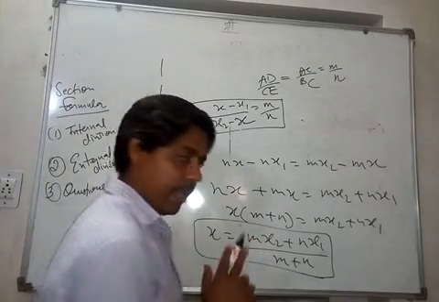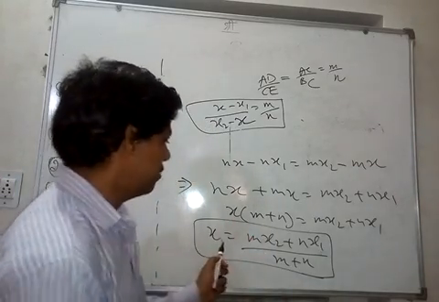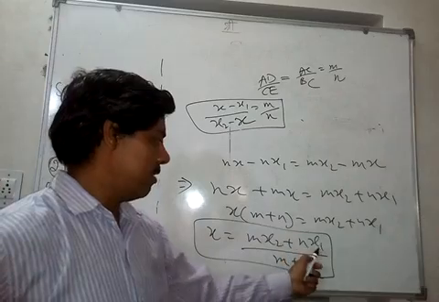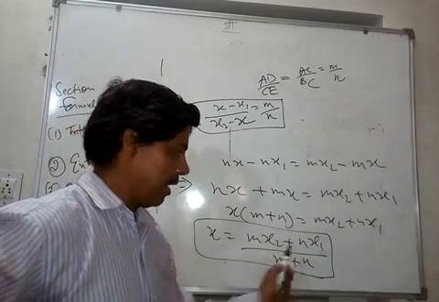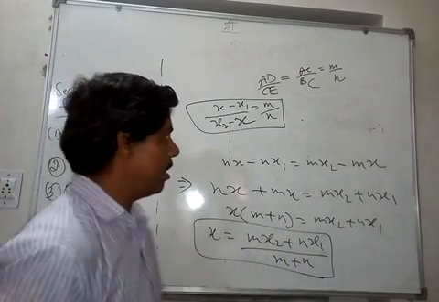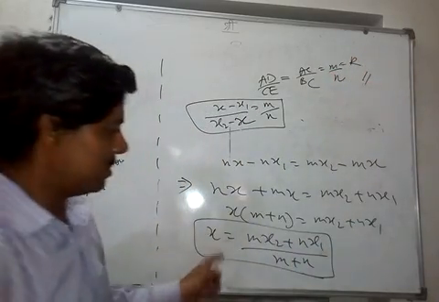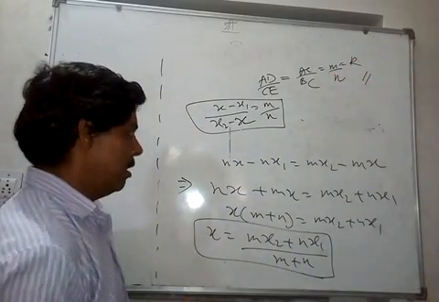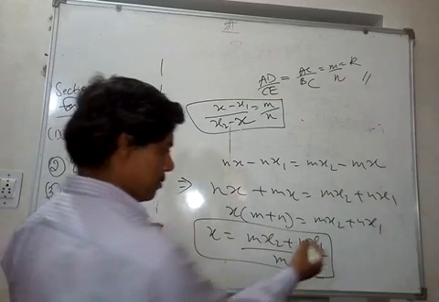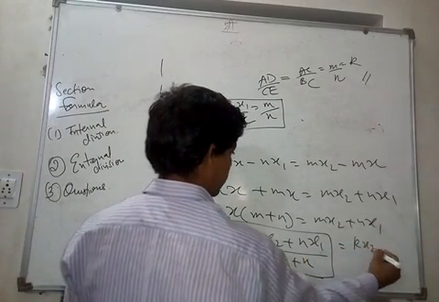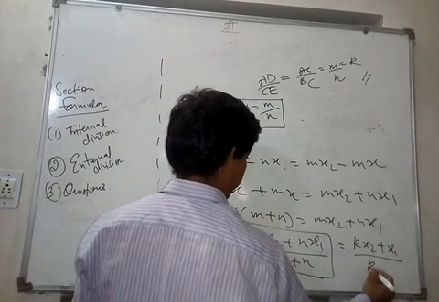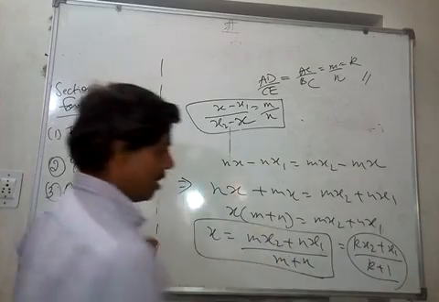So even when you are learning the formula, it is like this. For y it is (my2 plus ny1) upon (m plus n). You will also learn this formula in terms of k, when this ratio is equal to k. Okay, this just gets transformed a bit. That formula becomes (kx2 plus x1) upon (k plus 1). So let's see how it becomes.